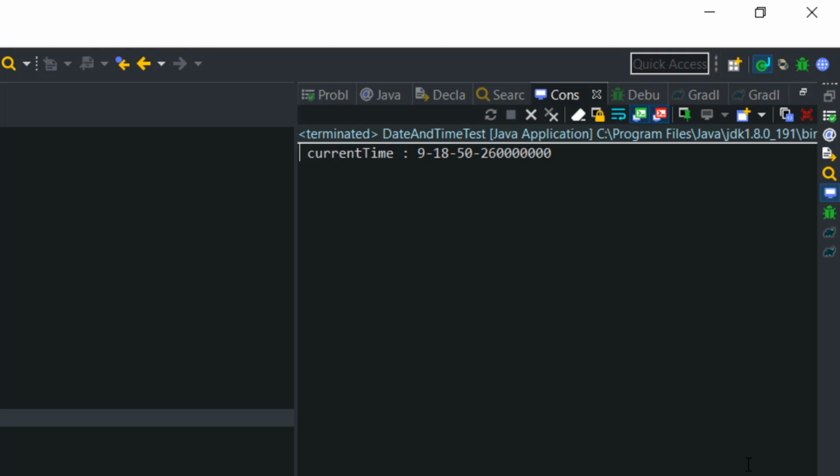Now you can see that I am presenting the timing in completely different sections. Right now it is showing 9 hours, and instead of a colon it uses a hyphen, then 18 minutes. After that again a hyphen, 50 seconds, again a hyphen, and after that the nanoseconds.